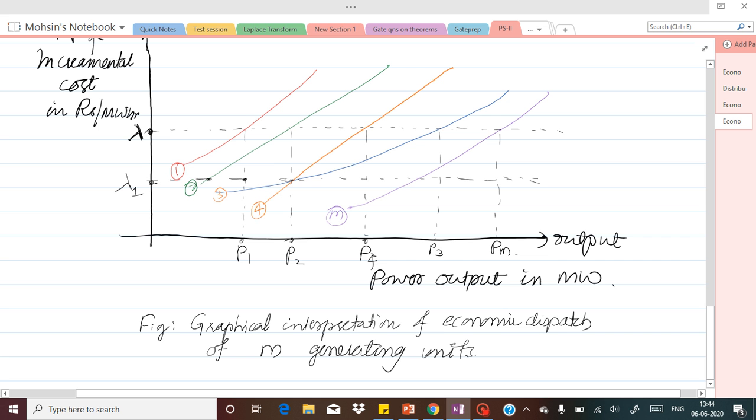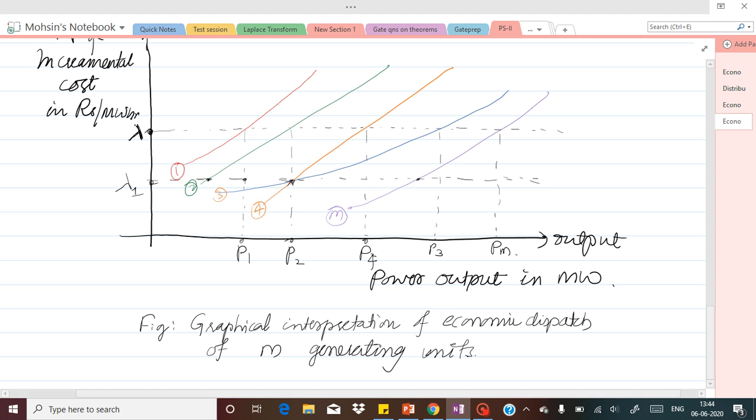Now in that case, the first unit is not at its minimum point of generating the required power. Therefore this unit cannot be operated at that incremental cost. That unit has to be excluded, and the remaining units will be loaded with the total demand required here. Accordingly, different units are going to meet the required demand.